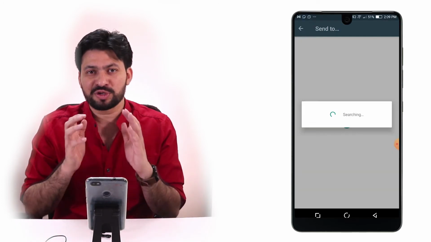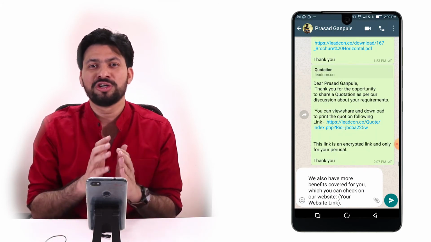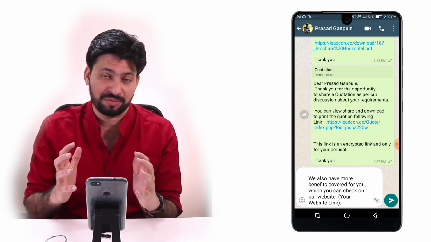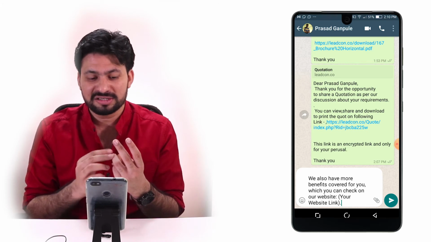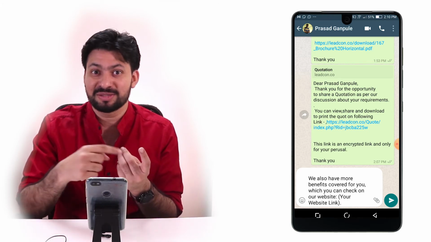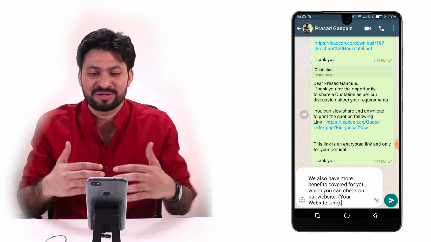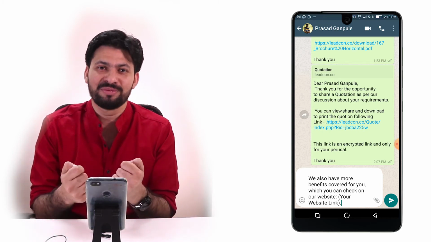So the purpose of our application in the follow-up method is that you are connected with the customer throughout the time, giving him the right information. So the three most important principles: knowing the customer, sharing information with the customer so that he can take a buying decision, and then being available for the customer, so that now that everything is in your phone, you would always be available for the customer.